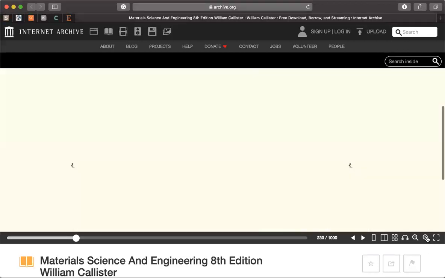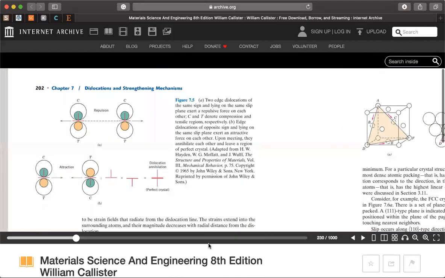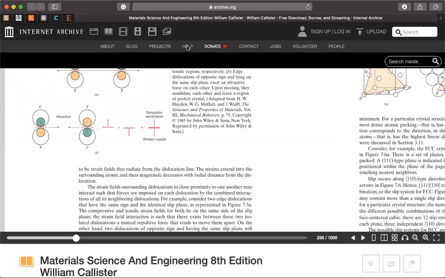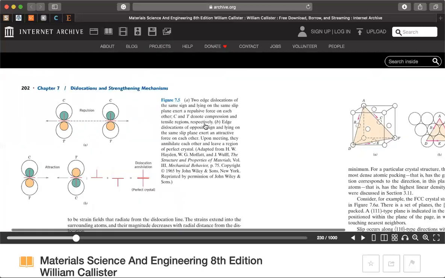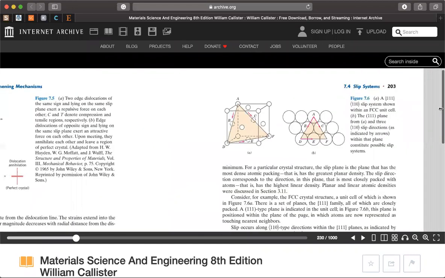Okay. The figure to the right, to the left here. Do you see any difference between these two cases? In the first case, the two dislocations in part A have the same sign, right? The one to the left, you see compressive field on top of it and tensile field in the bottom, right? And the one to the right, similarly, you also got